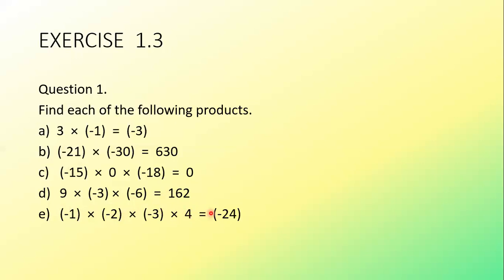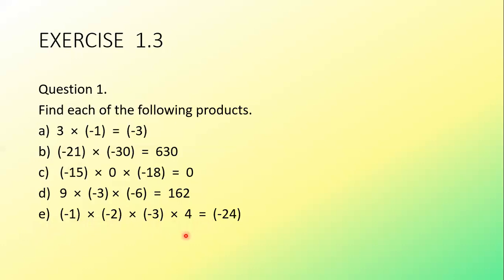I have directly multiplied and given the answer only. So 1 two is 2, 2 threes are 6, 6 fours are 24. Right? Or you can do it this way also. 4 into 3, 4 threes are 12, 12 twos are 24, 24 into 1 means 24. So the product will be 24 only. Now we will think about the sign. How many negative signs are in the question? Minus 1, one, minus 2, two, minus 3, three. So 3 negative numbers are there, right? 3 negatives, that means an odd number of negative signs, so the answer will be negative.